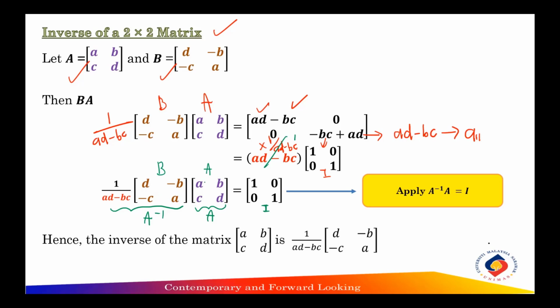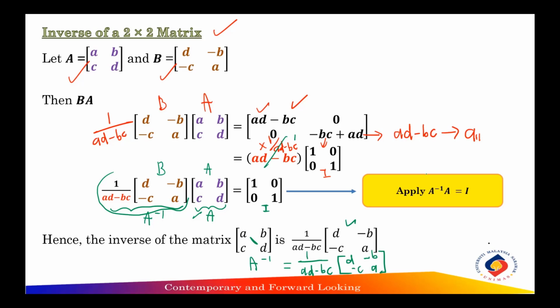So we can say that if this matrix is A, then the whole part here is called the inverse of matrix A. And then from these equations, we can say that the inverse of matrix A is obtained by finding 1 over AD minus BC, and then multiplied by, to get this matrix, I will exchange the position of A and D, so it becomes D, A, and then I will reverse the sign of B and C, so they become negative B